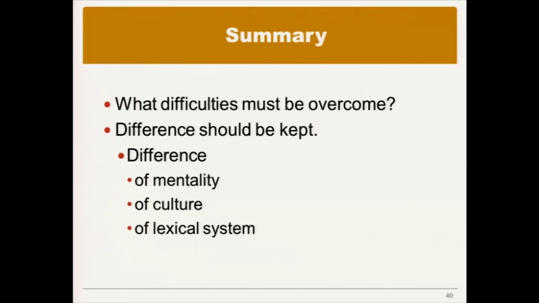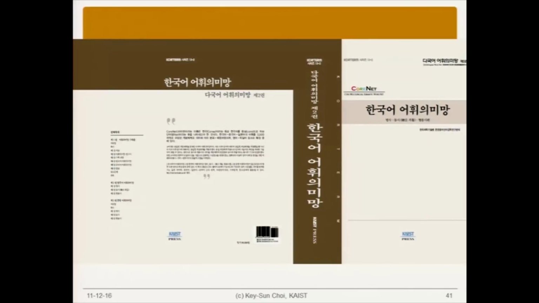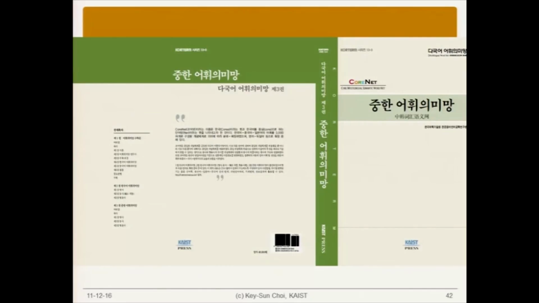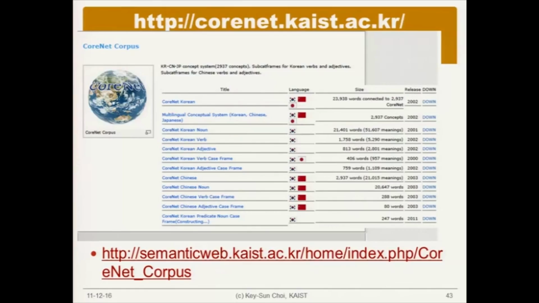So the summary is about what difficulties must be overcome. The differences should be kept: differences of mentality, of culture, and of lexical system. We found that there are many shared concepts, but we also found some differences among the 3 languages. It is published in this book, Chinese to Korean lexical WordNet. Also, you can download all of these things